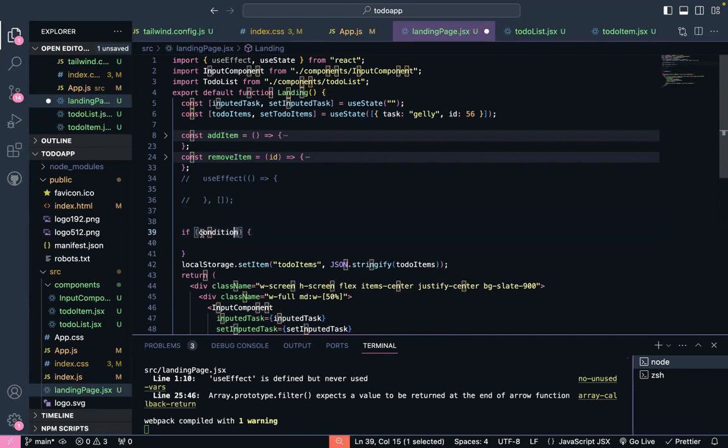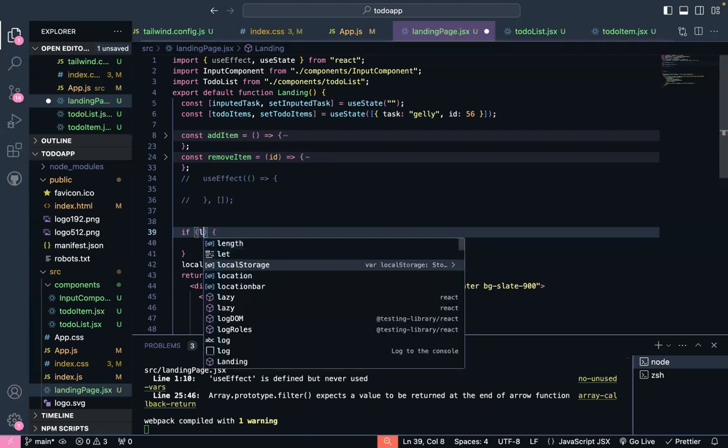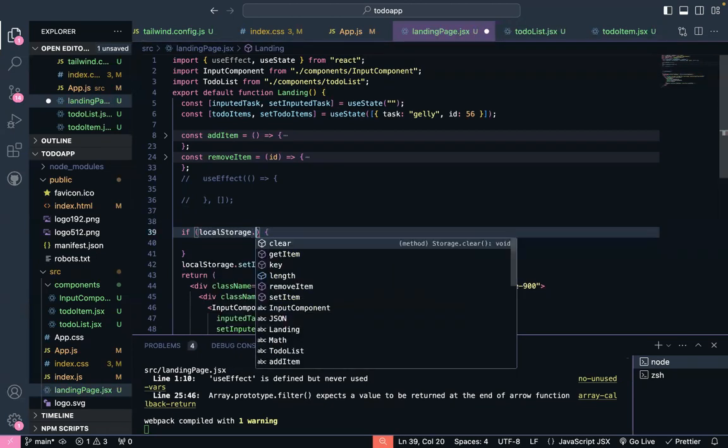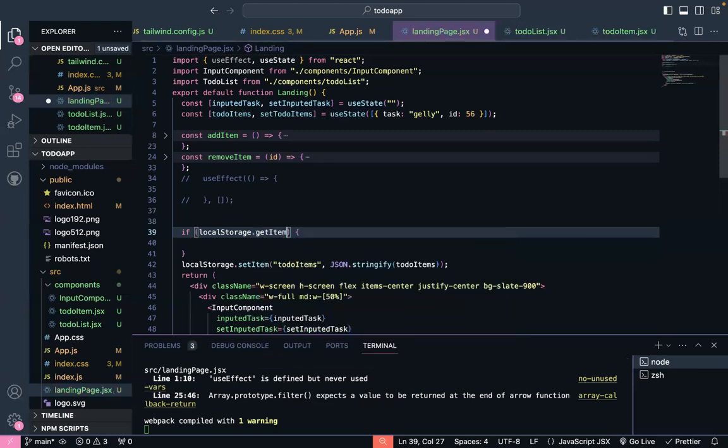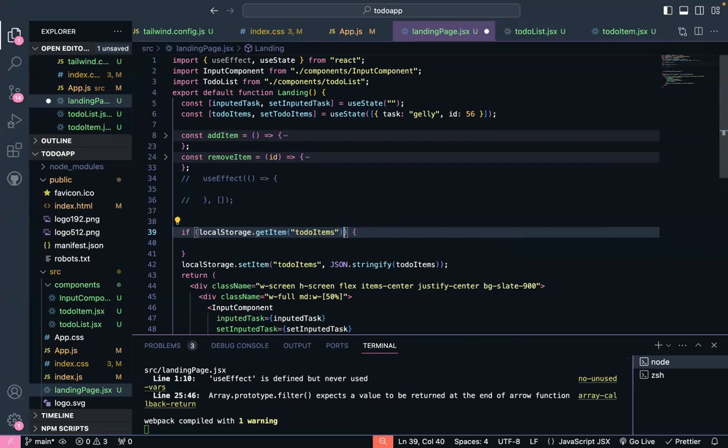We can say if localStorage.getItem. What item are we trying to get? It takes in a parameter, again trying to get todoItems. If localStorage.getItem todoItems,